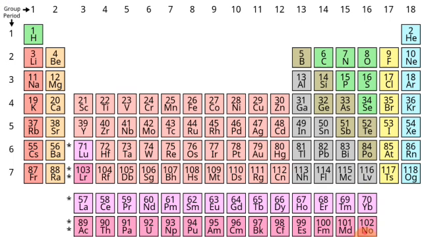There are so many groups in the periodic table. As you all know, group 18 elements are also known as rare group elements, noble gases and inert gases. Why is group 18 said to be inert gas? Because it does not react with any element. It does not react with itself also, because it has completely filled orbitals. So it does not form molecules. Group 18 elements do not form molecules.